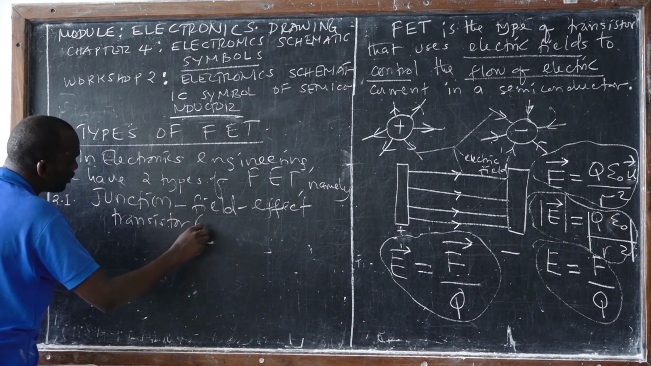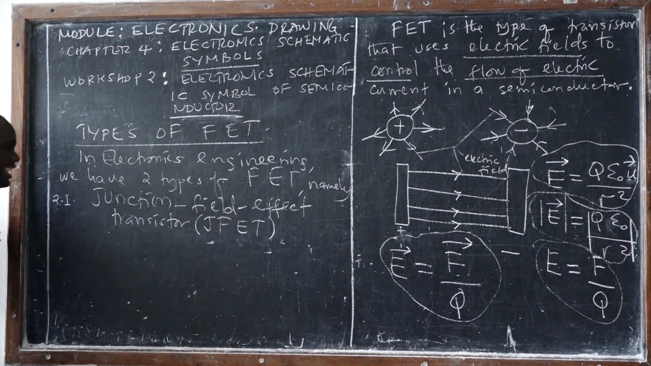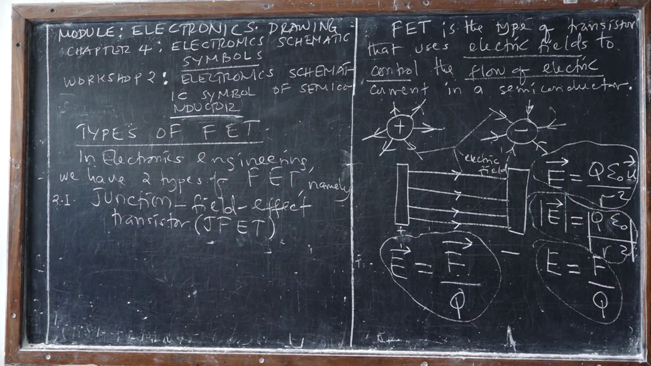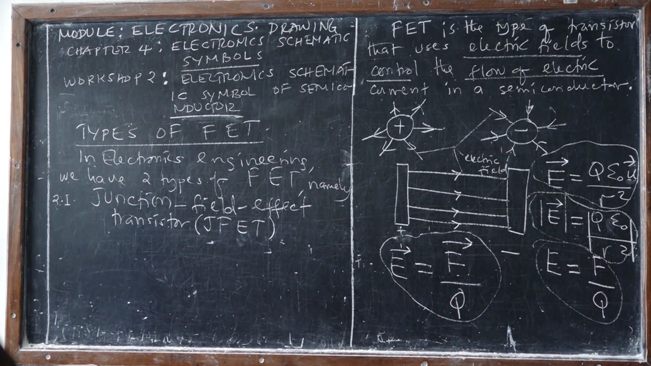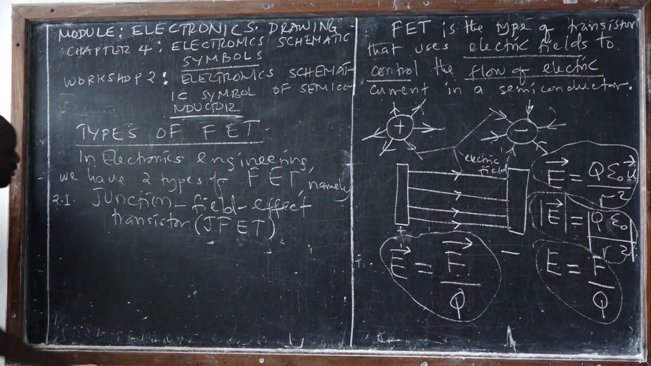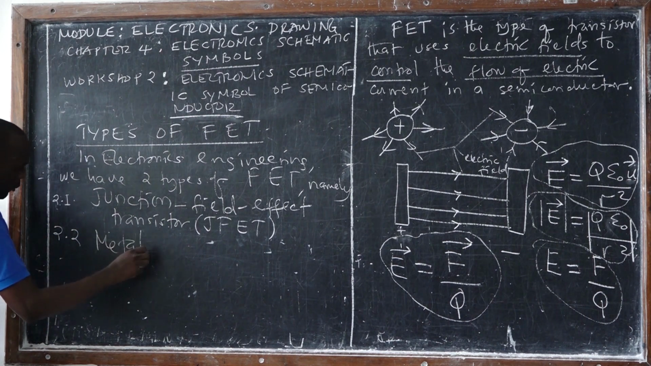Examine your neighbor if he or she is pronouncing this first type correctly. Say junction field effect transistor. Junction field effect transistor. Simply, or in short, we call it JFET. So that's the name of another child of yours, right? JFET. Then the second type, we have metal